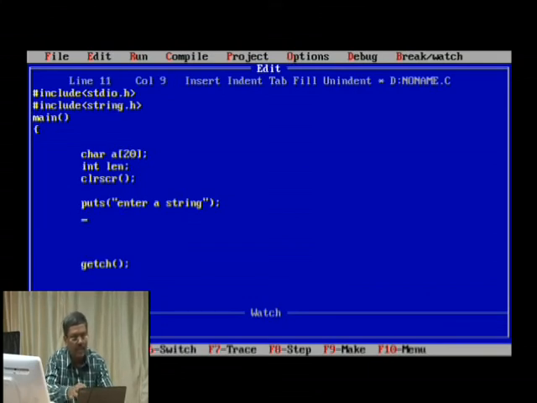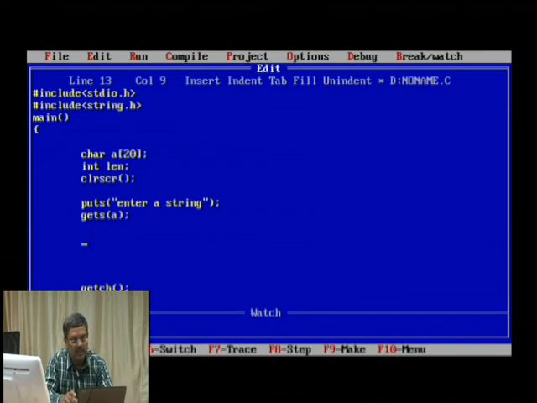Anyway, so when I say enter a string, I have to get it from the keyboard, because I am going to enter it through the keyboard. So what is the function? The function is gets. So gets will get you the string, whatever you enter. Here I simply have to specify the string variable name. What is the string variable name here? It is nothing but a. Because it's an array, it can take up to 20 characters, so within that you have to enter. So gets, and inside the parentheses, if you supply the parameter a, whatever you enter will get into the character array a. So this is what it does.